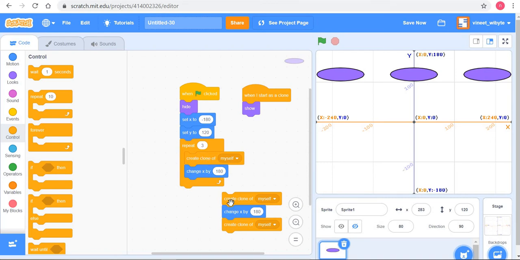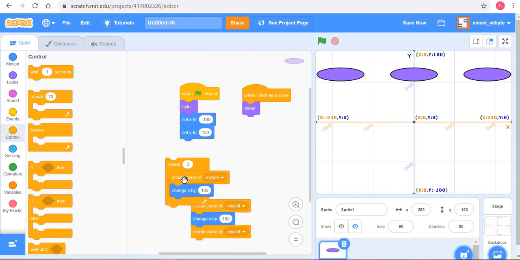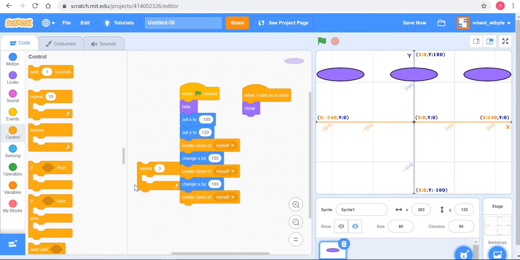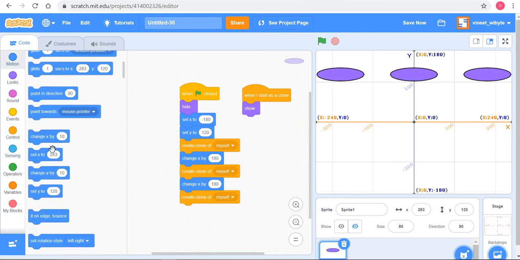It is as though I did one more change x by 180, but that really doesn't matter because I'm not cloning after that, right? So I can essentially not do this repetitive code.